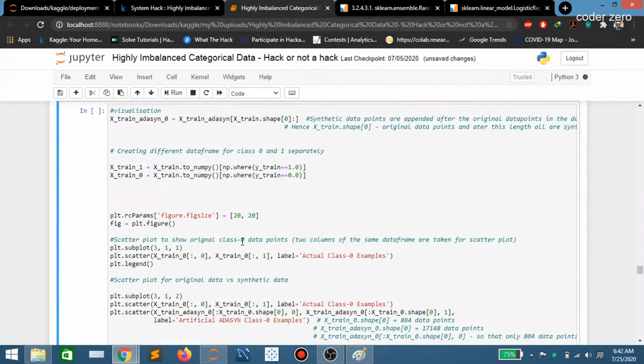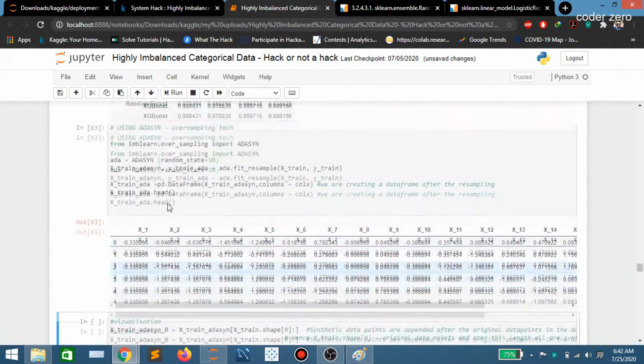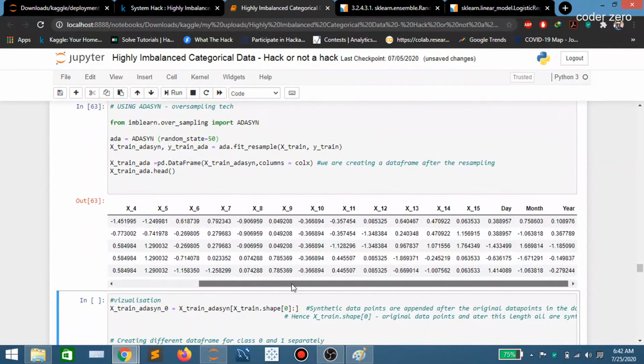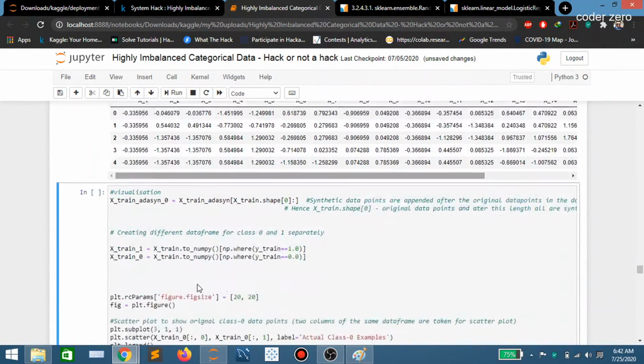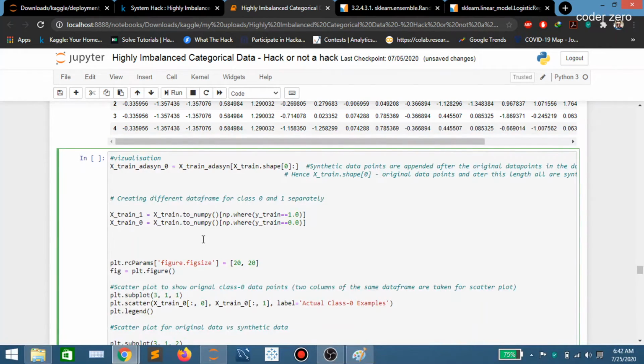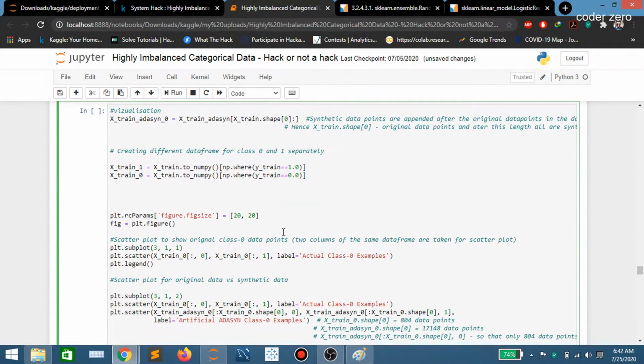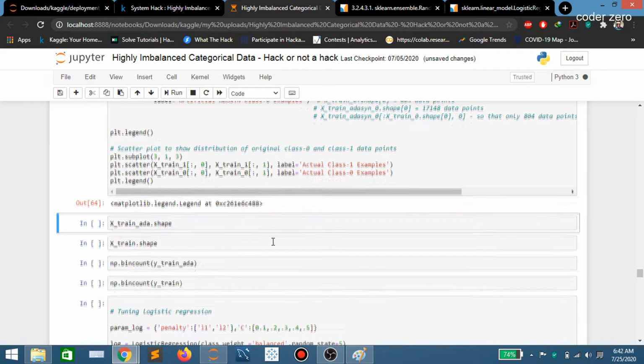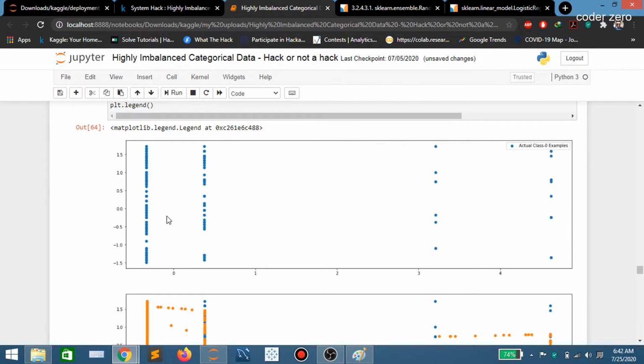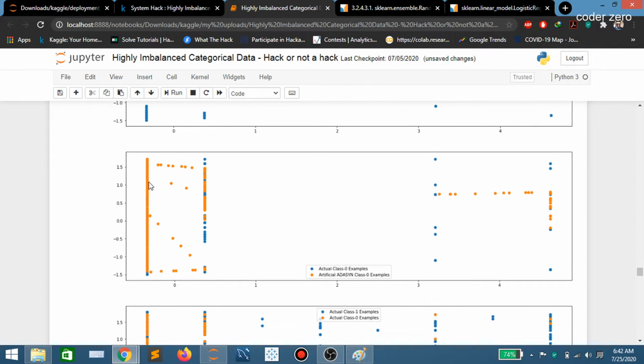After oversampling, after using ADASYN, we got this data frame. Now let's visualize the synthetic data points we have created using ADASYN. So guys, you can see here, this is the original actual class distribution. Then these orange dot points are synthetic data points we have created using ADASYN.